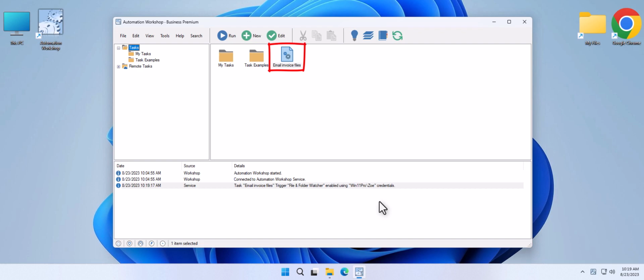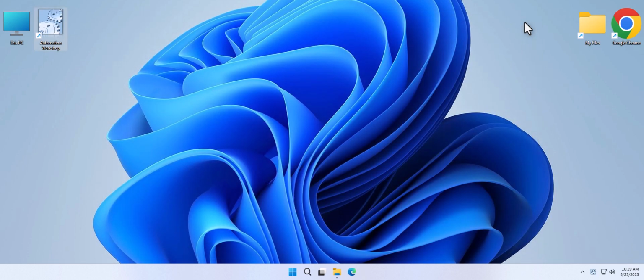Your task is now active and monitoring the specified folder for new files. I can exit Automation Workshop since it operates in the background. All of your automated workflows will continuously run in unattended mode, regardless of whether someone is at your workstation or server.